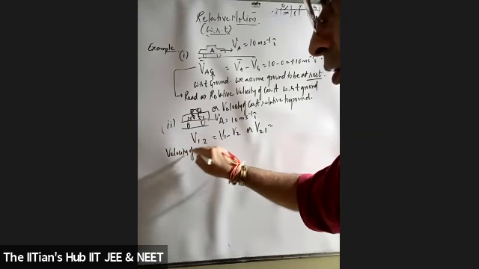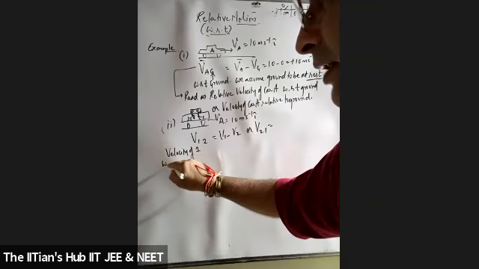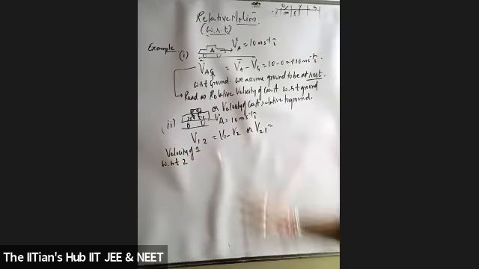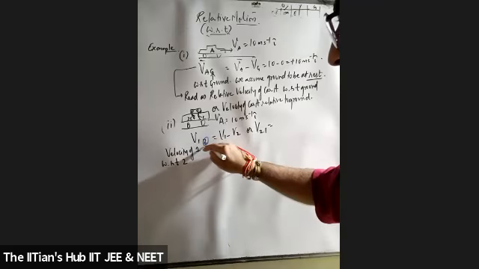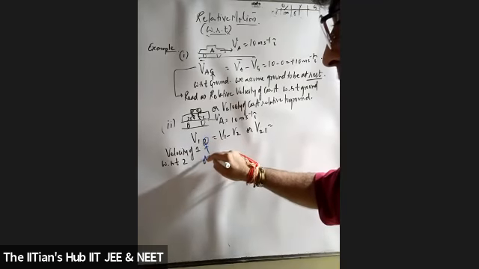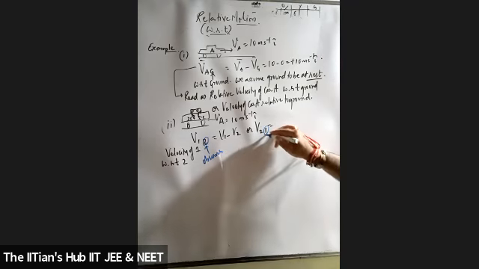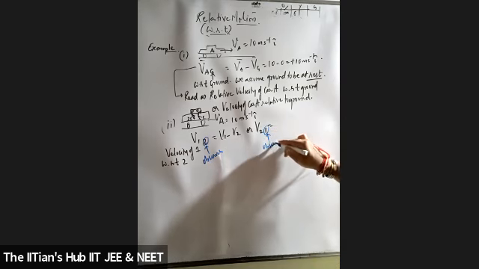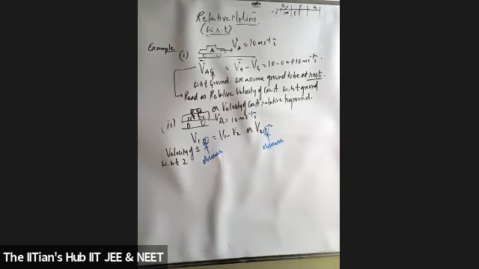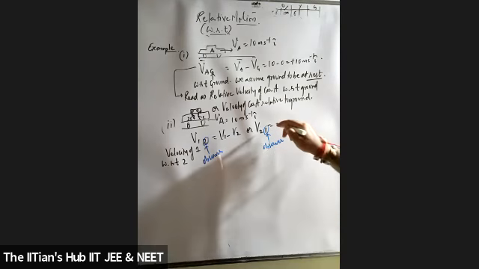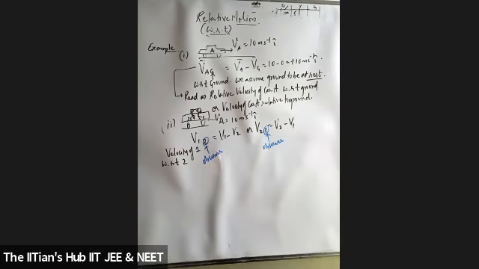Or if I say velocity of 2 with respect to 1, see, how do I read, students? Velocity of 1, ध्यान से सुनना, with respect to 2. उसका मतलब मुझे बताओ, ऑब्जर्वर यहाँ पे कौन है? 2 ऑब्जर्वर है. ये ध्यान रखना स्टूडेंट्स, 2 is observer. अगर मैंने बोला velocity of 2 with respect to 1, तो यहाँ पे ऑब्जर्वर कौन सा होगा? 1. तो यहाँ पे तुम्हारा रिलेटिव मोशन क्या होगा? सर यहाँ पे मेरा रिलेटिव मोशन होगा v2 minus v1.